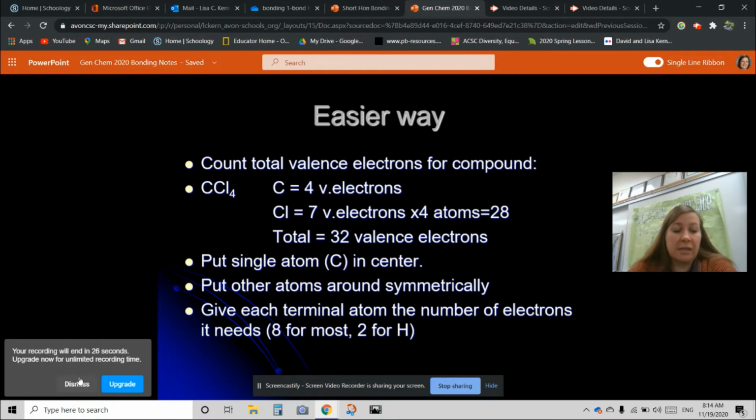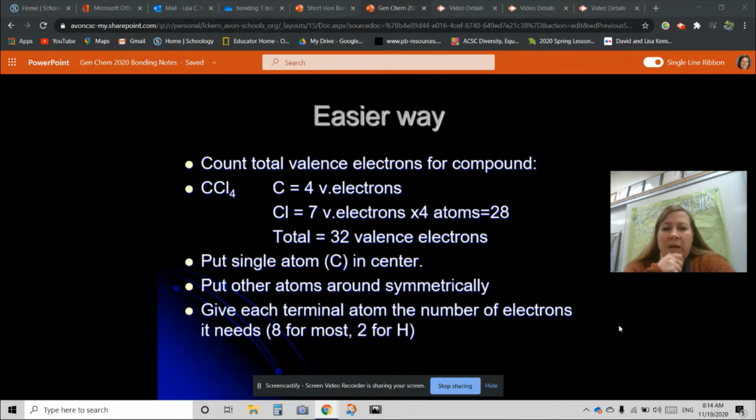There is a slightly easier way to do this. So the easier way to figure out a Lewis dot diagram involves a little bit of math. It's not difficult math, though. And I think it's pretty helpful. So the first thing you do is you figure out the total valence electrons for your compound. So you're going to say, all right, CCl4 has